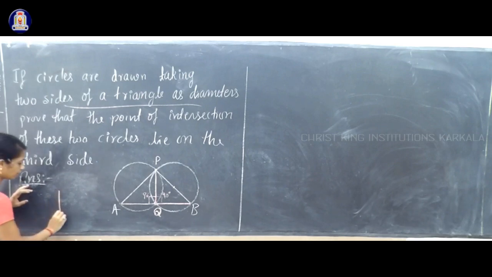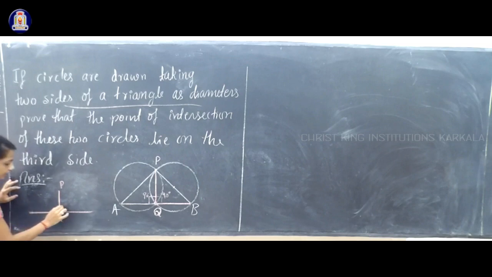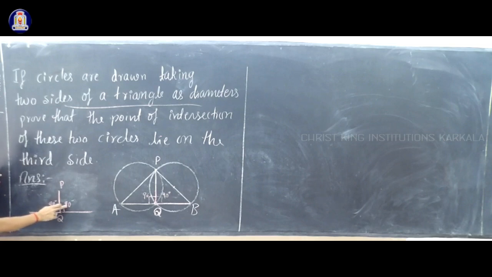See, like this, you have PQ, and just now I proved that this angle is 90 degree and this angle is 90 degree, because we know that angle in the semicircle is 90 degree. So by that we got both angles at Q are 90 degree, and total is how much? Total is 90 plus 90, that is 180 degree. Means the AQB, that will be the straight line.